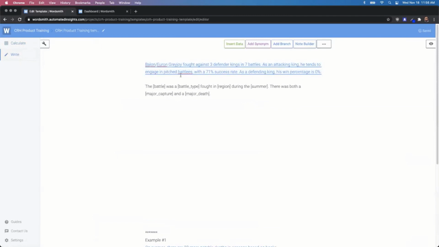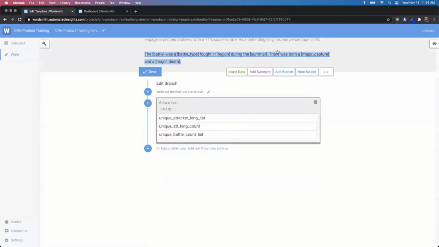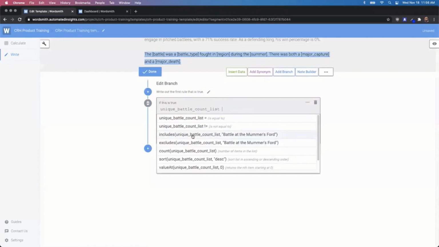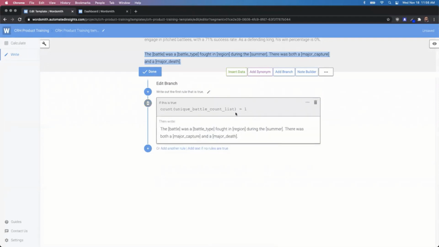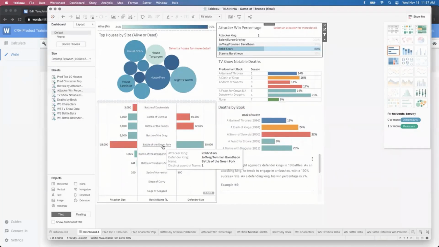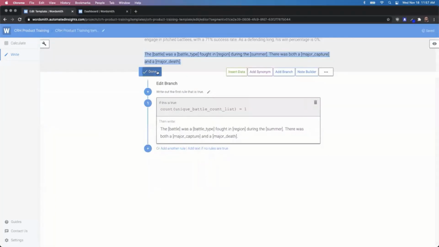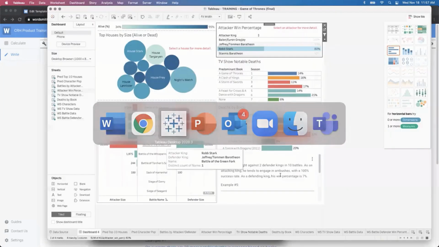And then, just like we did with our attacker king, we can highlight this part, add a branch, and I'll say, let's make sure that unique battle count list, do a count of the list. Does that count equal 1? The only way it's going to equal 1 is if they have selected a unique battle from the list, and then we'll get our insight. If I go ahead and save it here at this point, and we refresh,